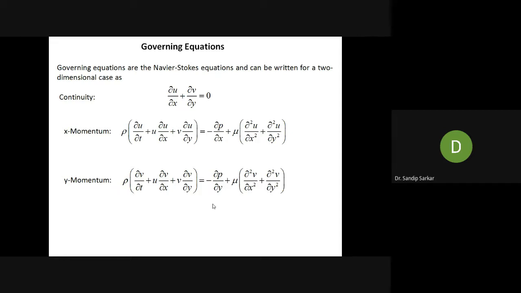So if you don't have an equation for the pressure, then how will you solve this equation? That is not possible. If you don't have an equation for the pressure, you will not be able to solve the x momentum, y momentum, and continuity equations together to obtain a velocity distribution inside a pipe or flow past a circular cylinder. That makes this fluid flow problem, or the numerical methodology for the fluid flow problem, very challenging.